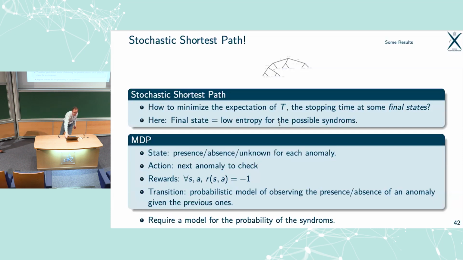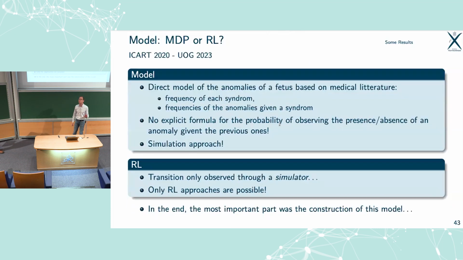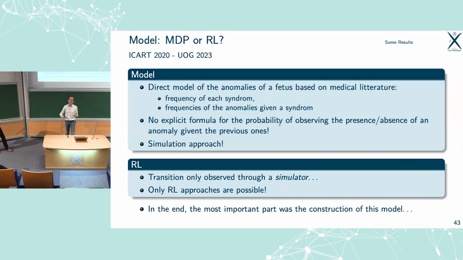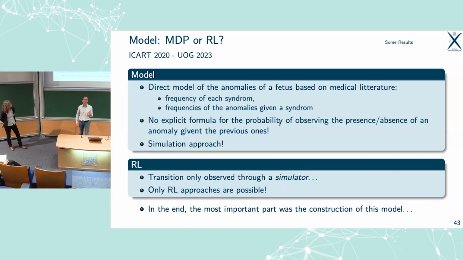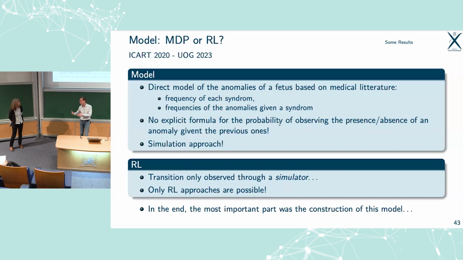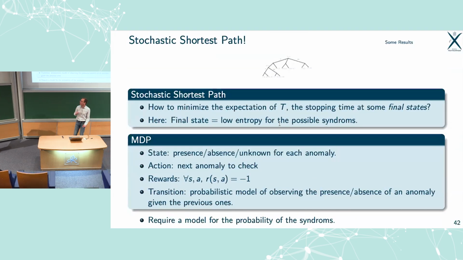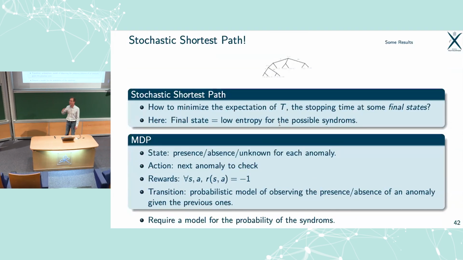And this was a mix of modeling, using expert modeling. We were using the expertise of Necker, not by observing the way they are conducting the exam, but just asking them questions on the prevalence of different objects, building some simulators of fetus on which we were training the reinforcement learning algorithm. But as you mentioned, here the reward was fixed by yourself, and that may not be the right one.